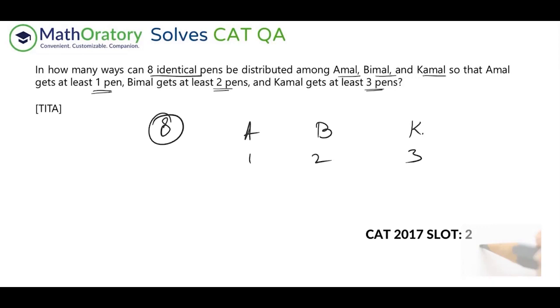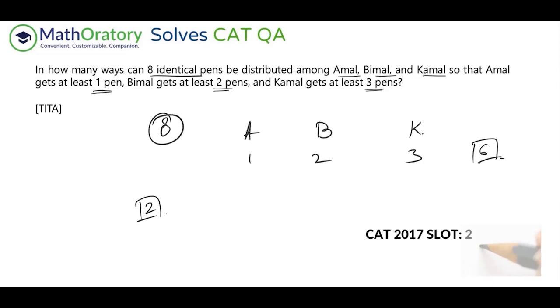So once you have assigned that, there is an idea of stars and bars, which is very helpful in a lot of different questions. But this particular problem, even if you don't know stars and bars, you can actually solve this out. So I'll show it without it. Once you've done this assignment, you're done with six pens, right? Now you're left with two pens that have to be distributed to these three individuals.